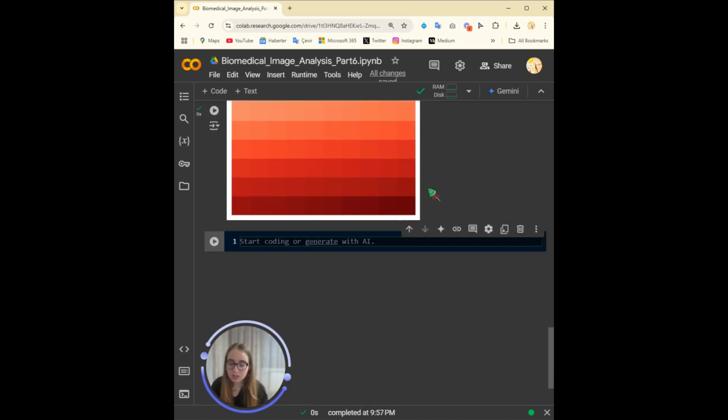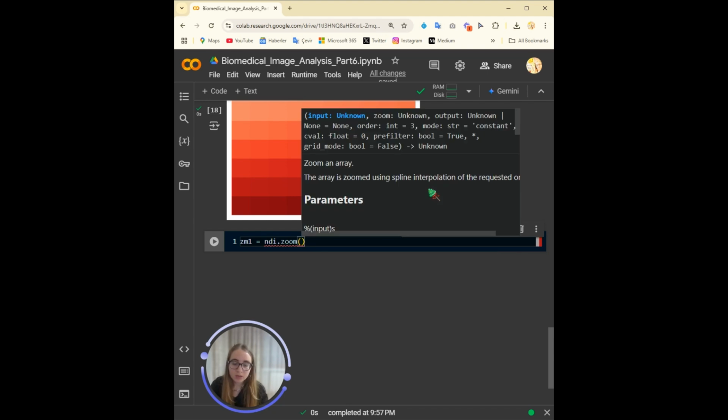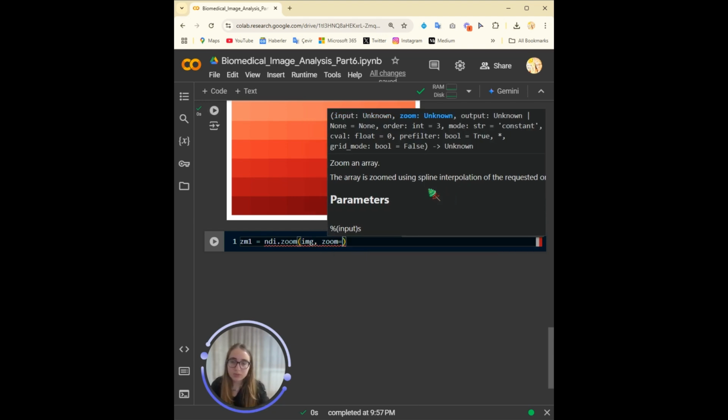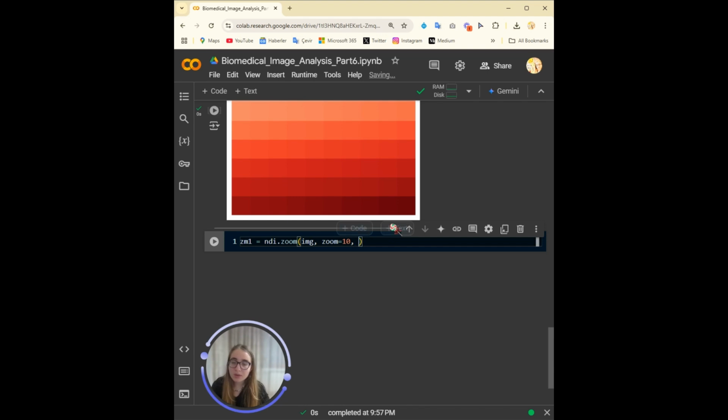Now we are gonna resample it and see what happens, but with different interpolations. ndi dot zoom, image, zoom 10, and I'll make it very dramatic for us to see the effect. Because if we upsample it a lot, then we need those estimations to be precise, and it will be really pixel by pixel if we don't use a good interpolation, like a zero order interpolation.